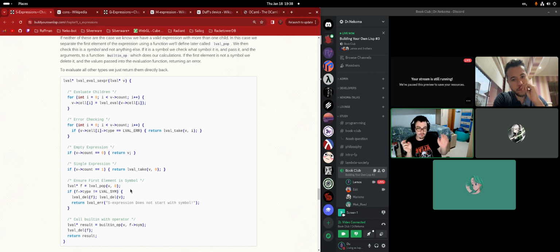And then our operators, they are symbols, right? We have a plus and so on and so forth. So if I remember correctly, this is why he's checking for this. So he's checking if this is the a plus, for instance, and stuff like that. So if it isn't a symbol, this is an error. So we're gonna just free the memory because we don't have defer.